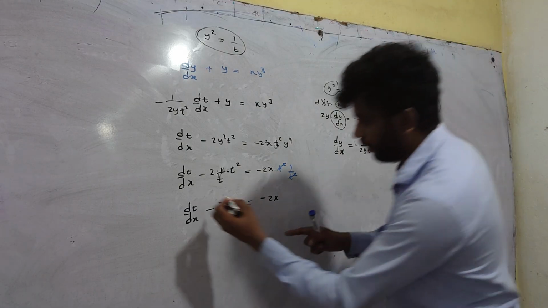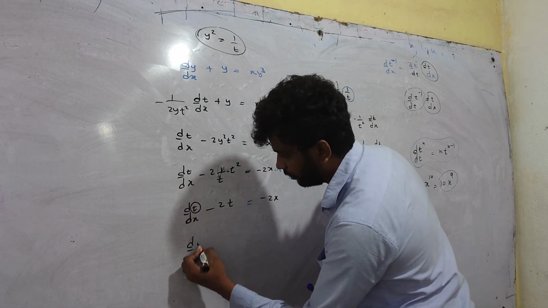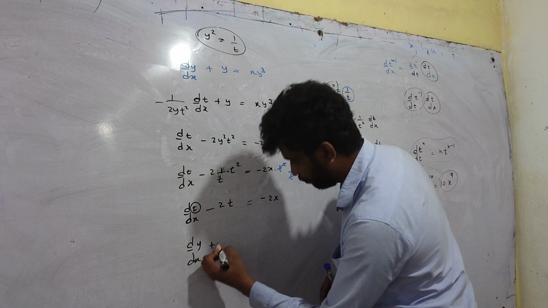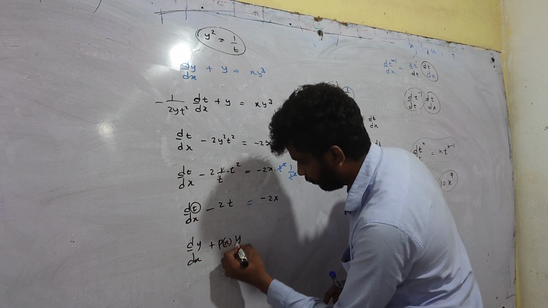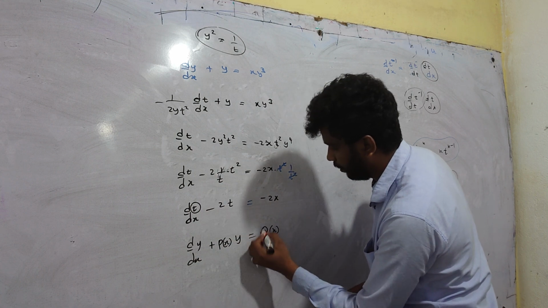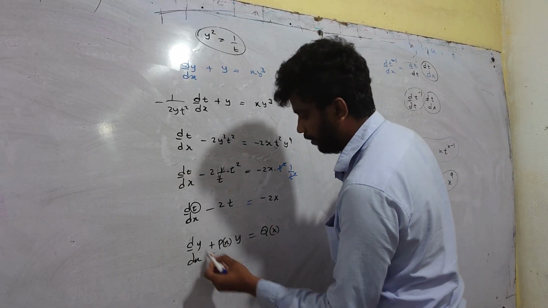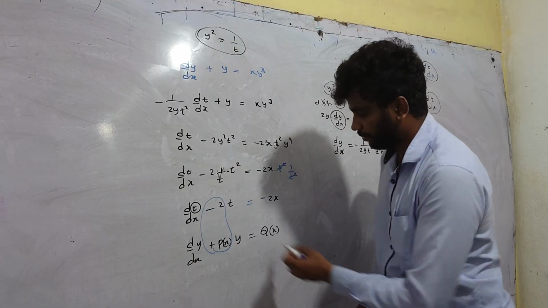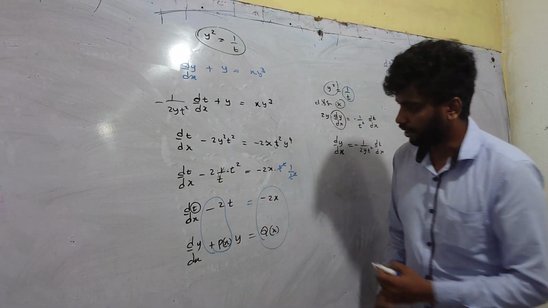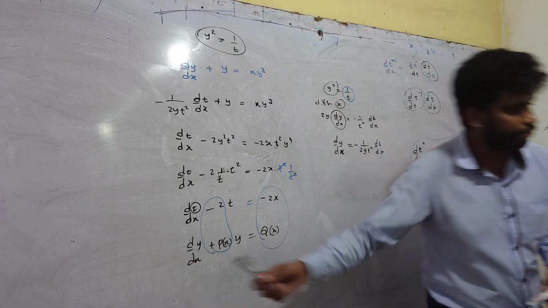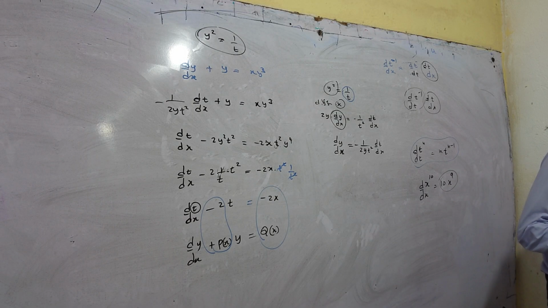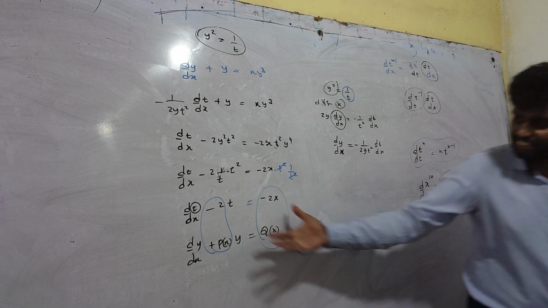Then this acts as dy by dx plus p of x into y equals q of x, the first order, non-separable one. This is p of x, and instead of y, we have t. Now we can use